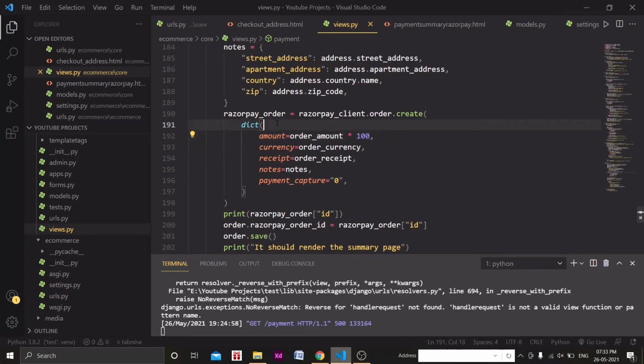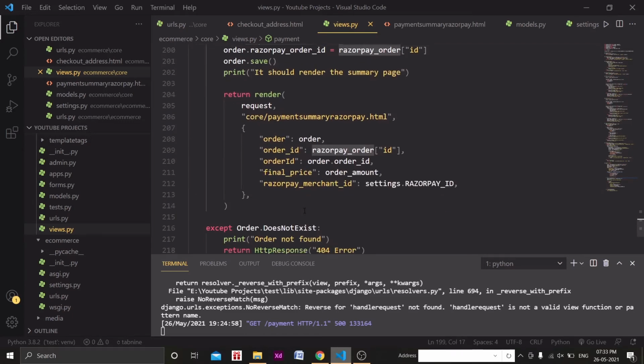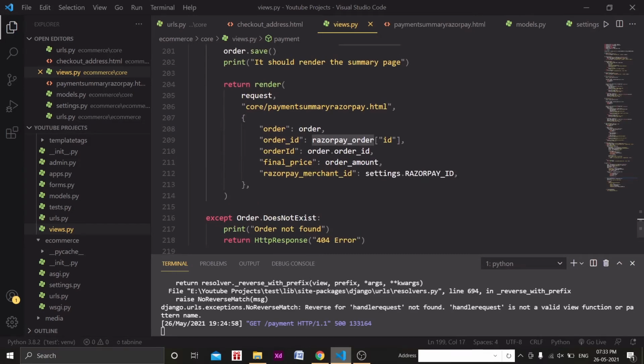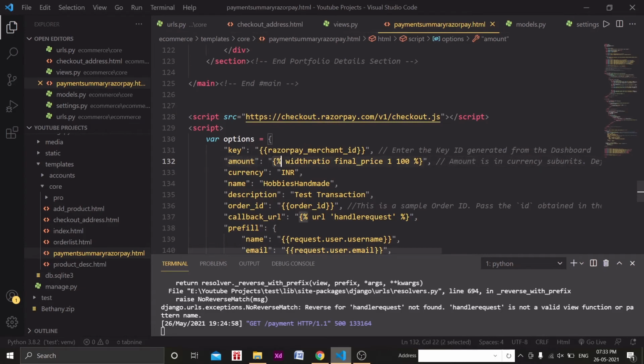We were not storing or sending this data into the payment Razorpay HTML page. For that we were just passing final price as order amount, therefore we need to multiply here also. So this is the way of multiplying any value, right? Here I have the template tagging method widthratio, this is final price.